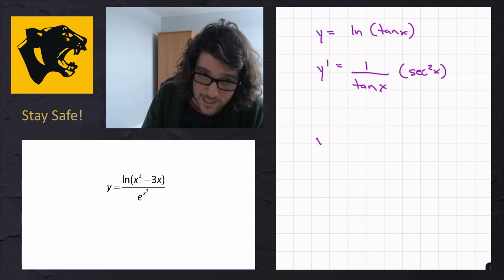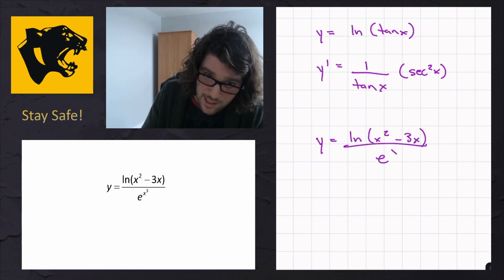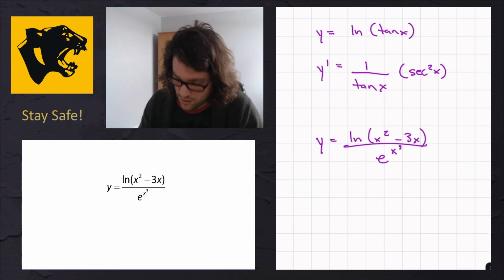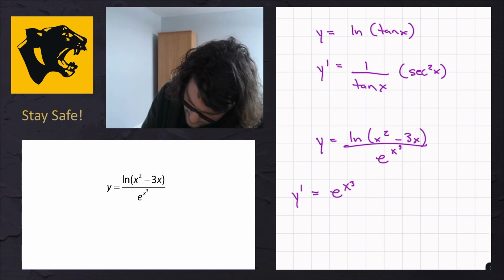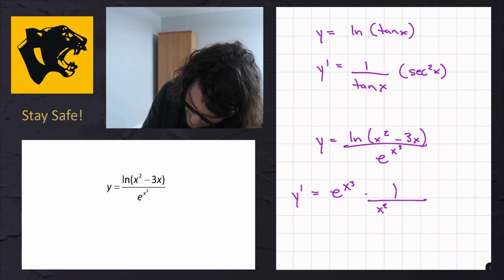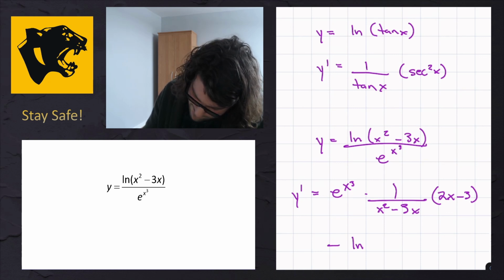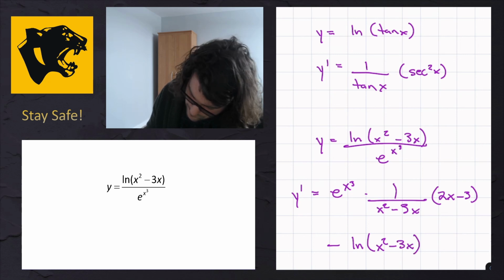Next up, I'm going to say if y is equal to the natural logarithm of x squared minus 3x, all over e to the x cubed. So this one is everything involved in a quotient. So we'll start off by doing quotient rule. Y prime is equal to low d high. And so d high is going to be 1 over the argument left alone times the derivative of the inside, which is 2x minus 3, minus high d low,